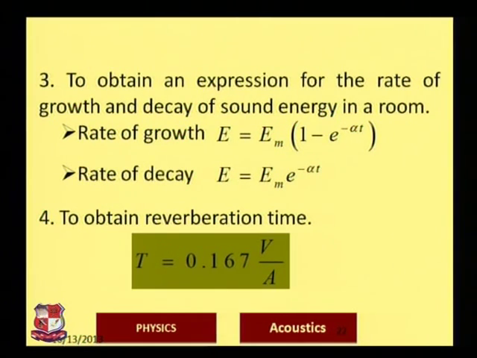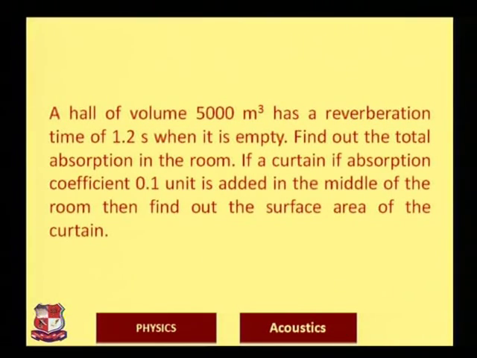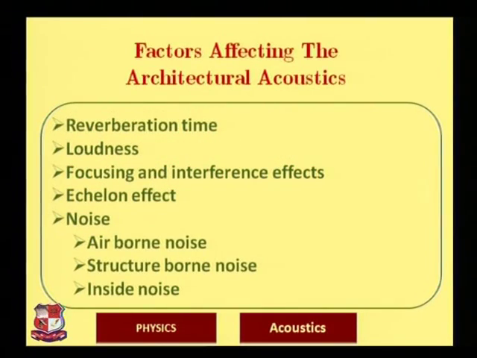by A. Capital V is the volume and capital A is the total absorption in the room, which can be defined as sigma a_i S_i, where a_i is the absorption coefficient of the ith material and S_i is the surface area of the ith material. Now this is an example, but that can be done using this equation. And the last topic I can cover today is the factors affecting architectural acoustics, and these are actually very